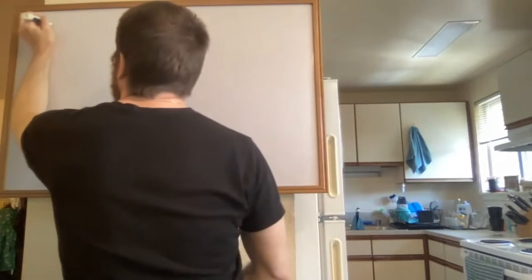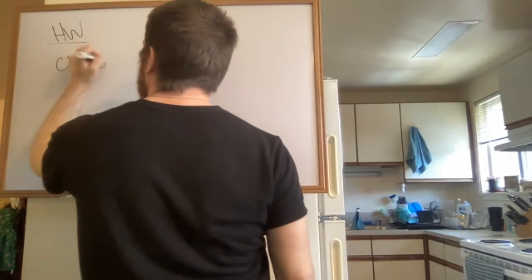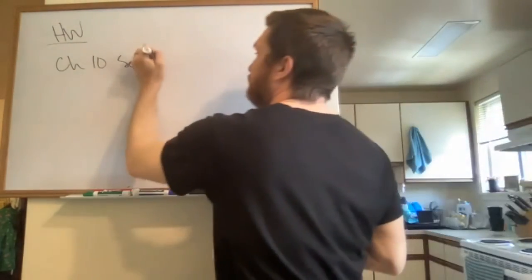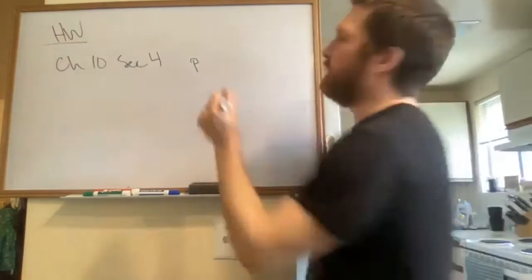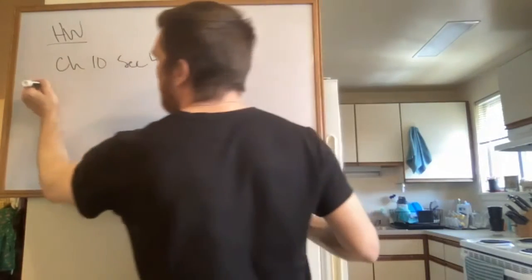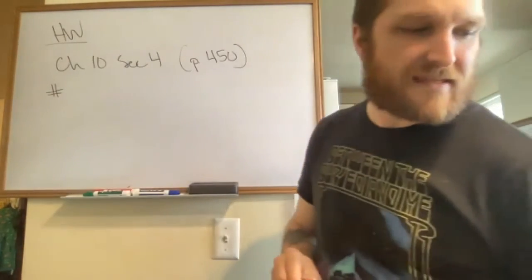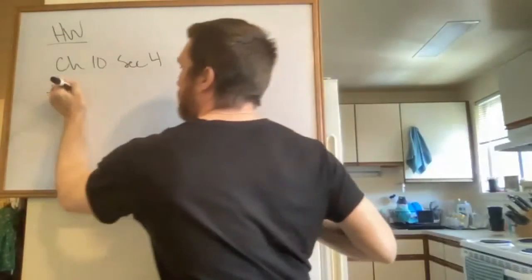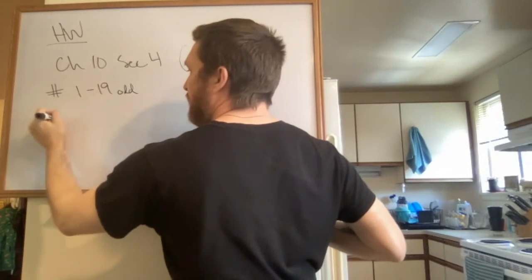Homework. This is section 4, page 450. And it's almost exactly the same as your previous homework. We're going to start with 1 through 19 odd. Then